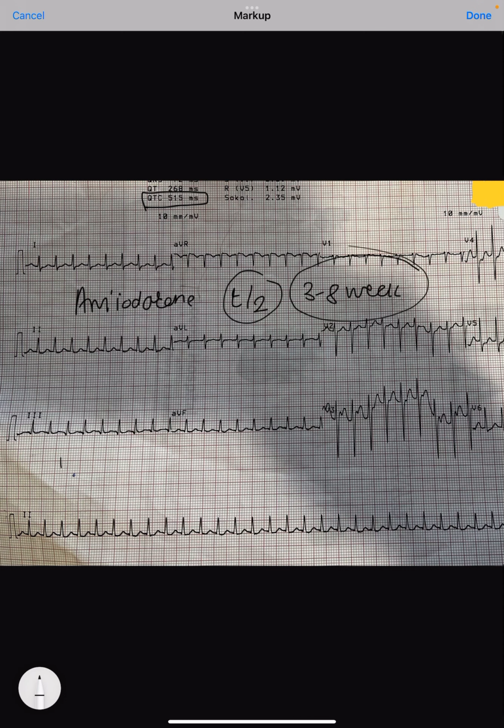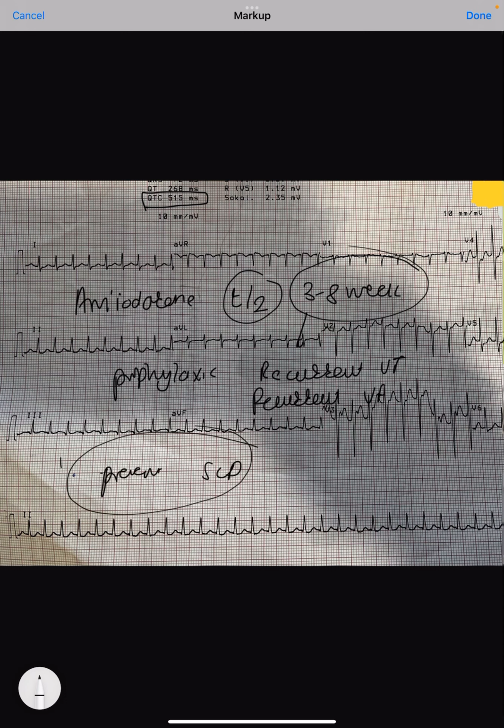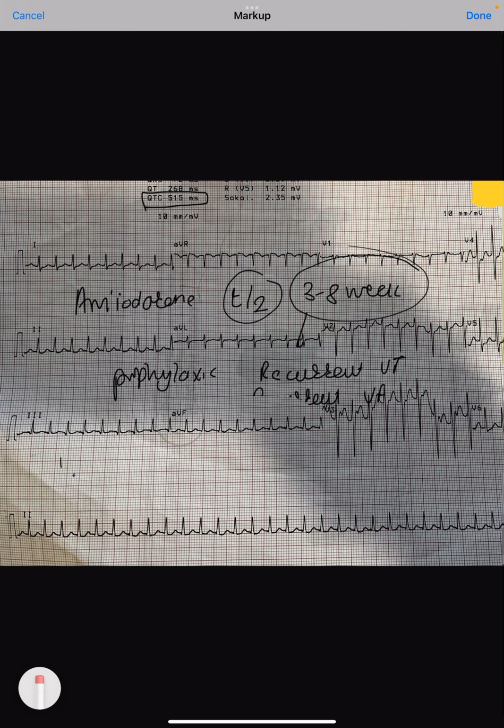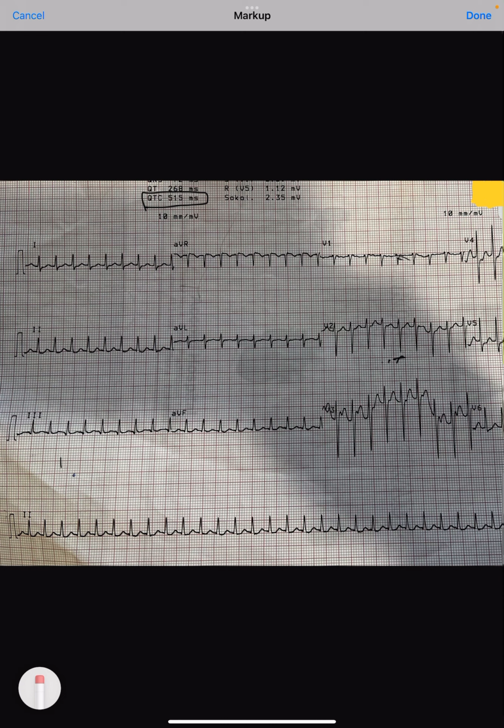That is the reason why this drug is used for prophylaxis of recurrent VT and recurrent VF. In fact, this is one of the very rare drugs which are shown to prevent sudden cardiac death when used over a long period of time. But amiodarone, especially if it is used at more than 200 milligram per day, has been shown to cause so many problems like